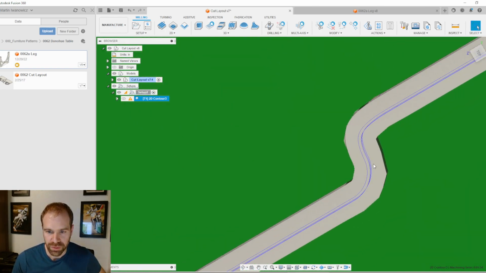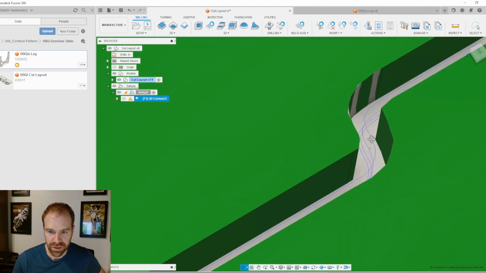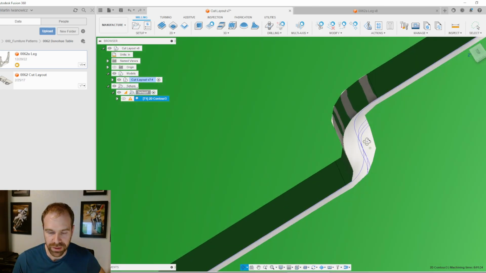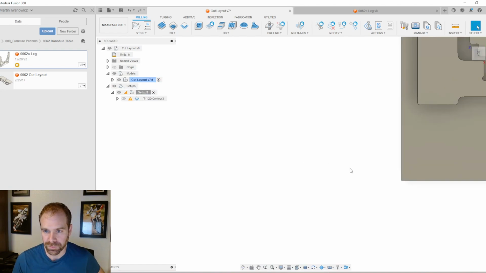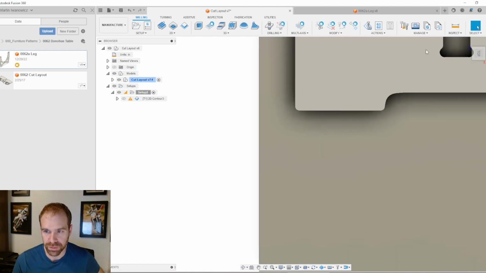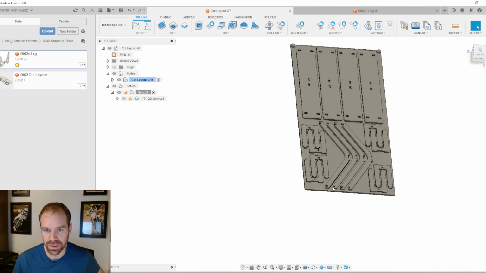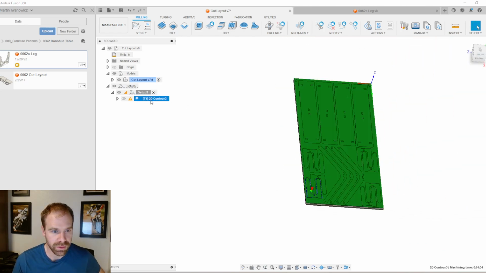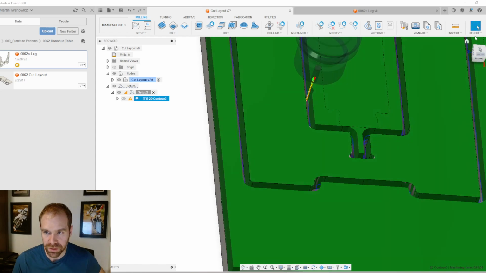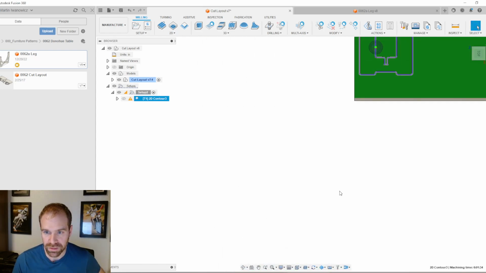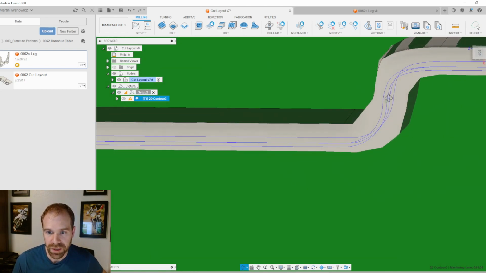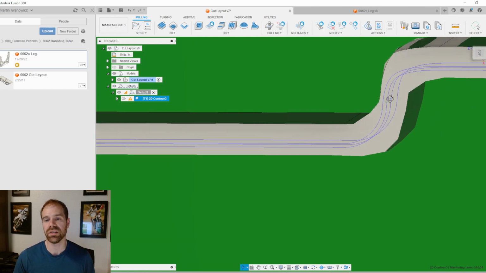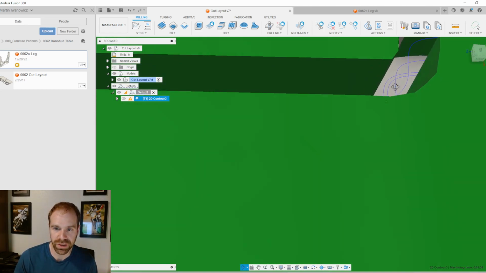So here's what it looks like. You can see there are 4 toolpaths in here. There's 1, 2, 3, 4 passes. If we look at the top, where'd it go? It is gone. If we look at the top, we can see that there's a step over. And if we spin it, we can see the step over is only the last one, which should be finish